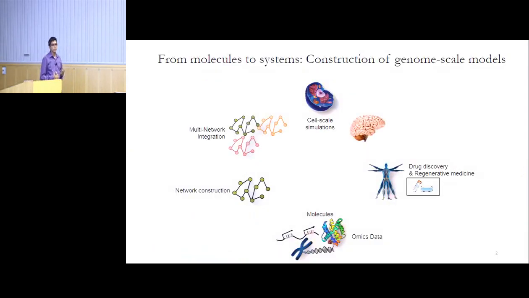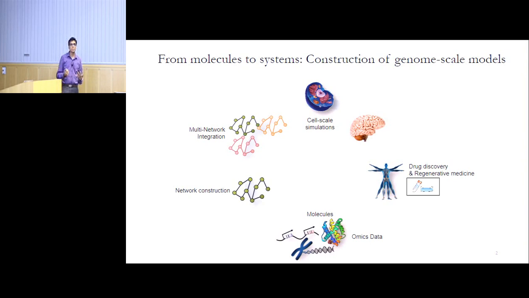So the modeling work we do is what's called genome-scale models. We start at the most fundamental level in the cell, at the level of individual molecules like RNA, metabolites, proteins, and we try to understand how these fundamental molecules interact with each other to form protein complexes or metabolic pathways. And then we try to build networks that try to understand how these pathways interact with each other. So we have a metabolic network that characterizes all the metabolic changes that happen in the system. We have a regulatory network that tries to understand how different molecules regulate cellular processes.